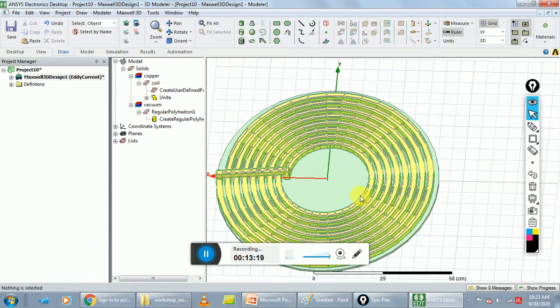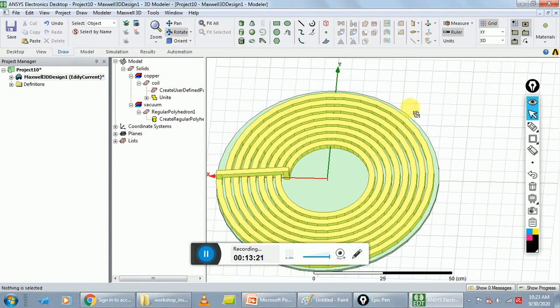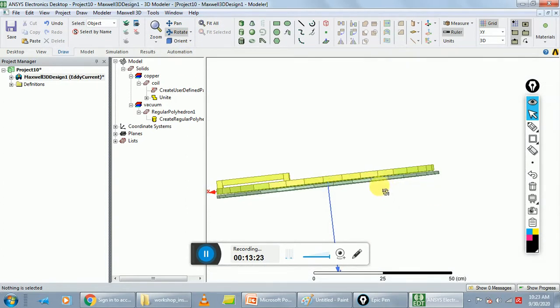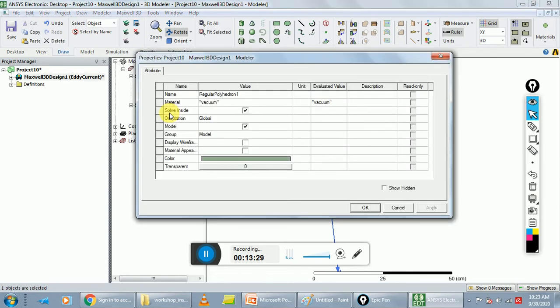Next step: this is your disk. Go to the history tree and double click on Regular Polyhedron, change the name to disk, and change the color.